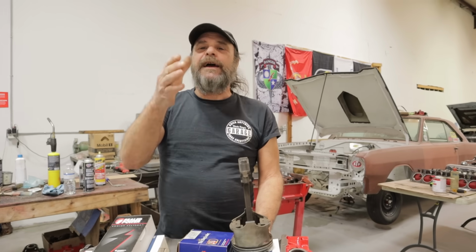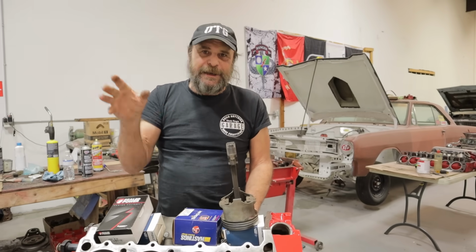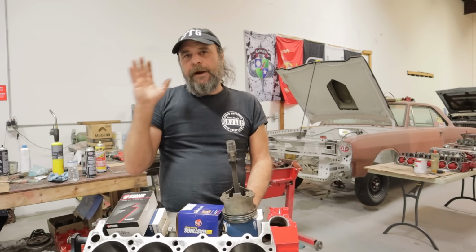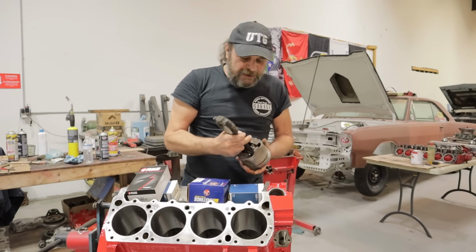I know, I read Smokey Yunick's Power Secrets when I was like 14, 10 times. I memorized every dash and dot and comma in it, trust me. Apples and oranges. All right, so I got that out of the way. I get a little wrapped up with this stuff, right? Okay, so